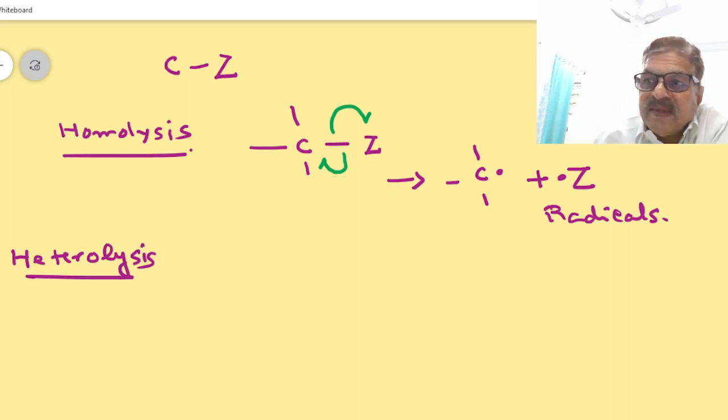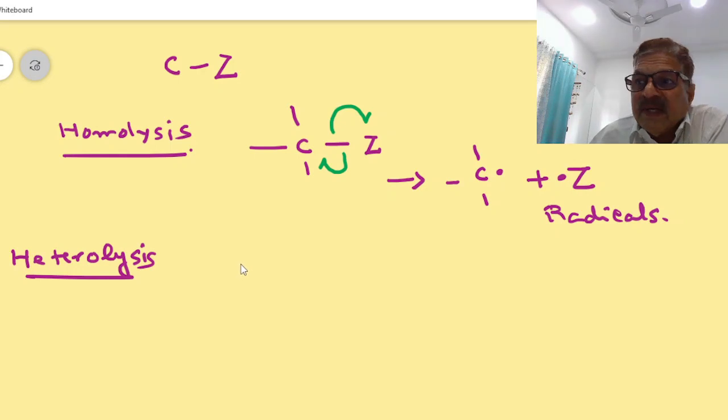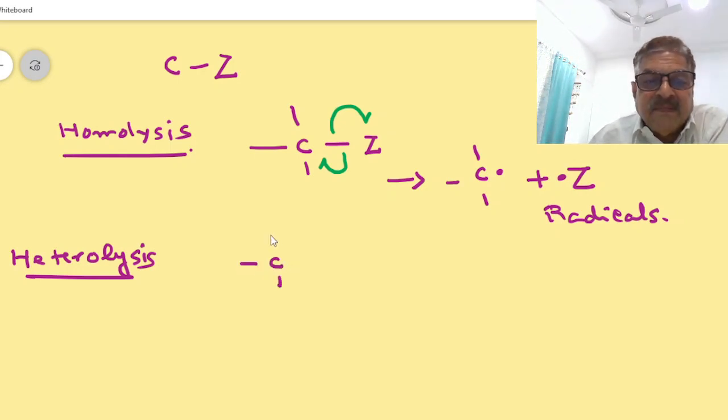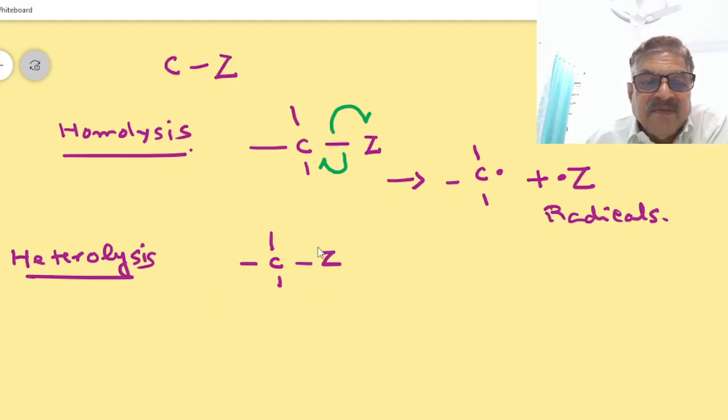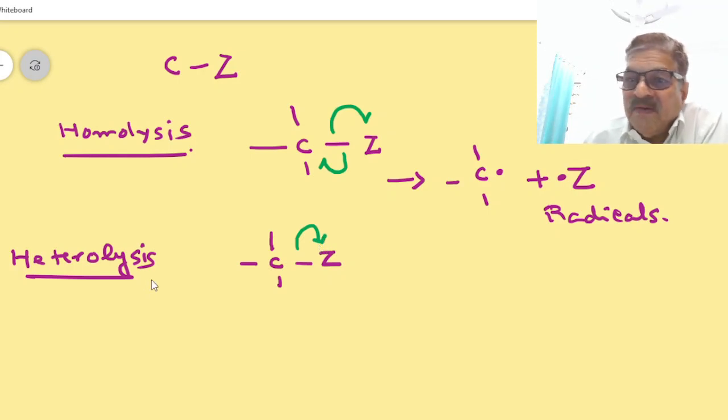Heterolysis will need a full-headed curved arrow. Now the bond cleavage we have to indicate with a full-headed curved arrow here. So the product formed will be,